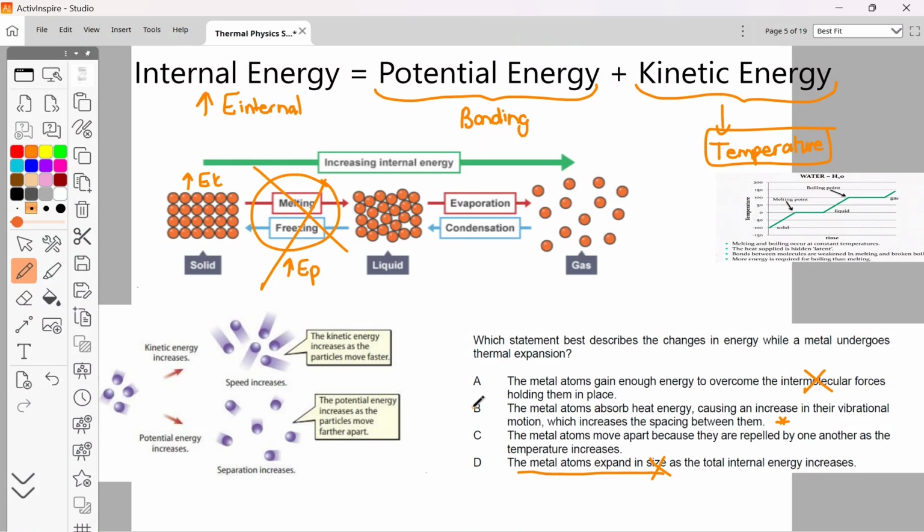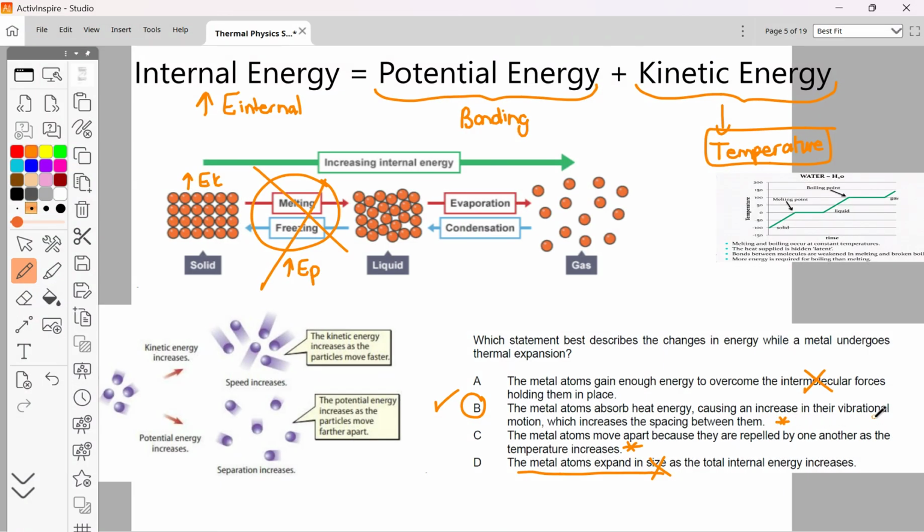So this could be an option. And then the metal atoms move apart because they are repelled by each other as the temperature increases. No, that is not true. They're not all of a sudden going to be repelled by each other, not more than what they were originally. So the answer is definitely B, and we'll discuss this again a little bit when we're looking at thermal